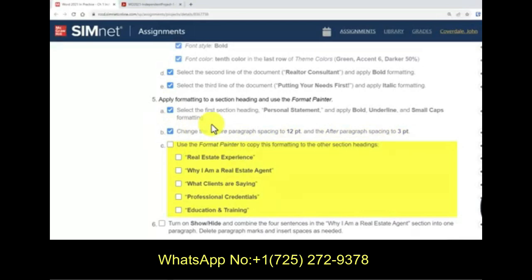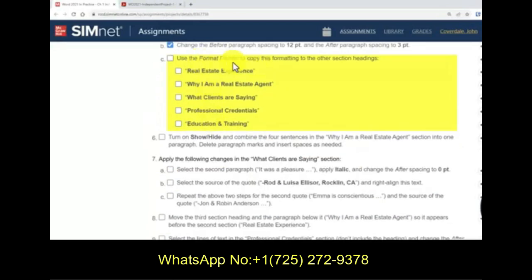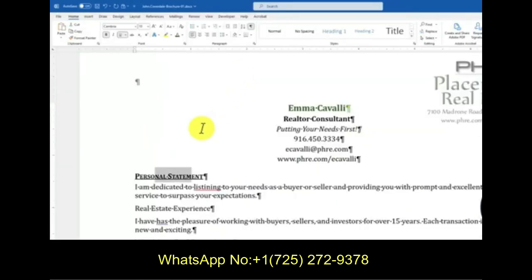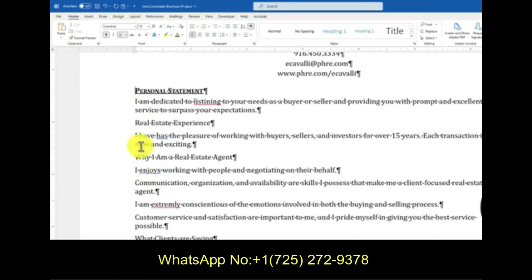We're going to use the format painter to copy this formatting to the other section headings, starting with real estate experience. So what is the format painter? Well, we just went through about 4 or 5 different steps to get this to look the way we want. Rather than having to go down to each one of these headings and repeat all of that work, we're going